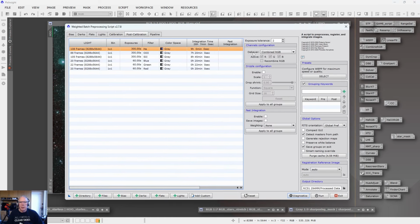So the data set that I used to process that image effectively has 25 plus hours of data capture, broken down by roughly 9 hours for HA, using 5-minute subs, 300 seconds, 7 hours and 20 minutes of O3, and 8 hours and 45 minutes of S2. So again, I think what the remote observatory is going to allow me to do is to collect more